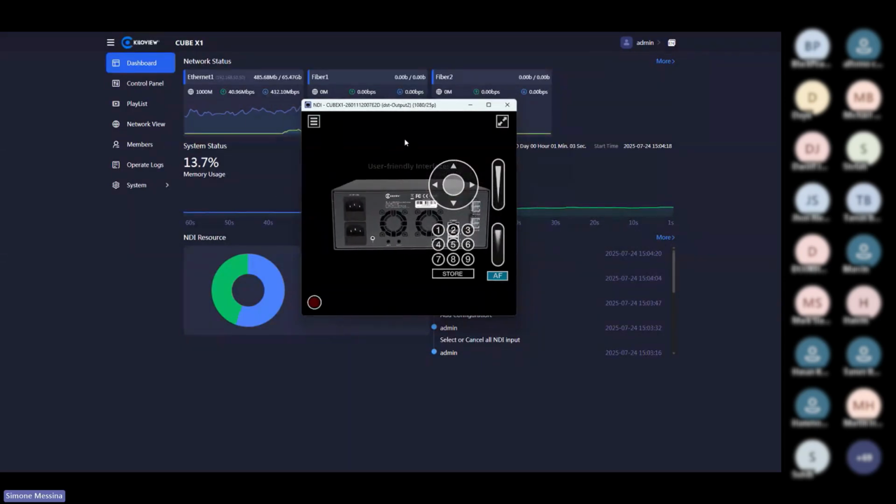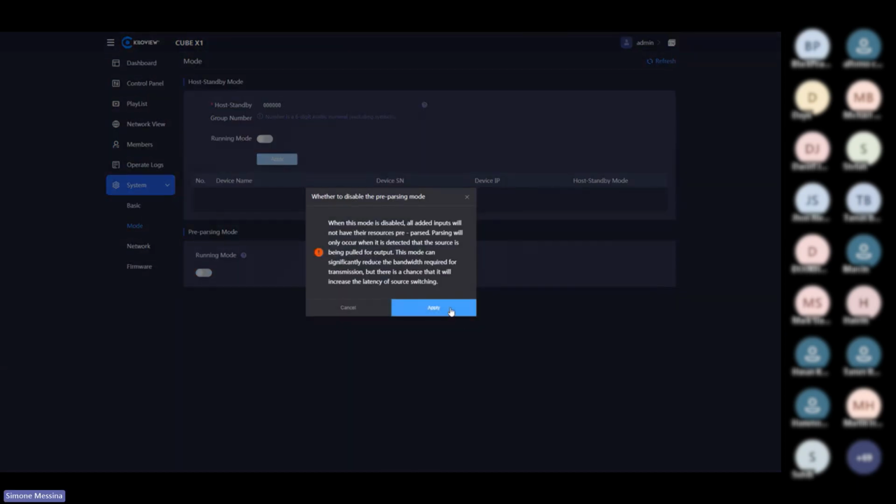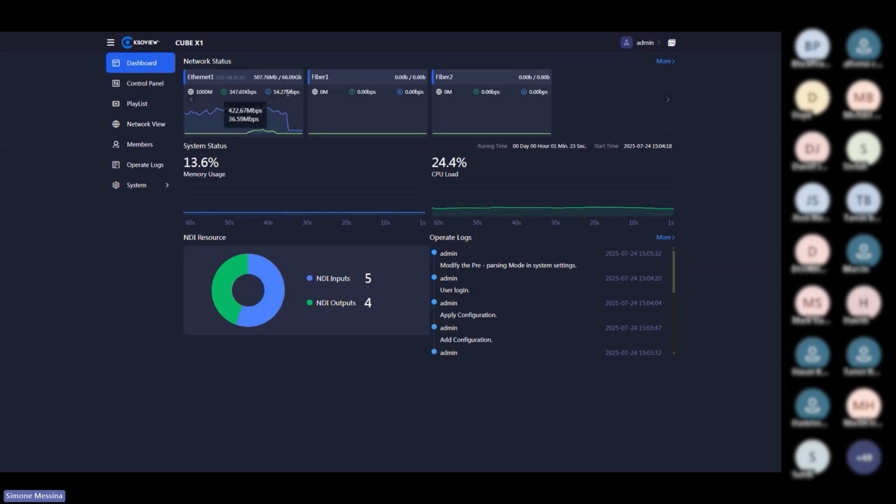So what we can do now is disable this pre-parsing in order to reduce the actual network bandwidth consumption. As you see, we drop from basically 400 megabits to around 50, 60 megabits now, because